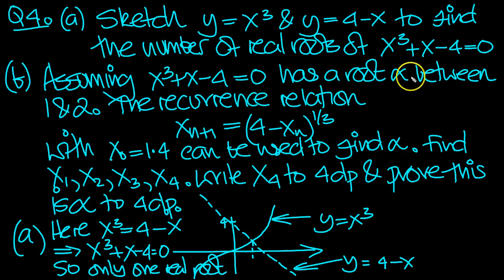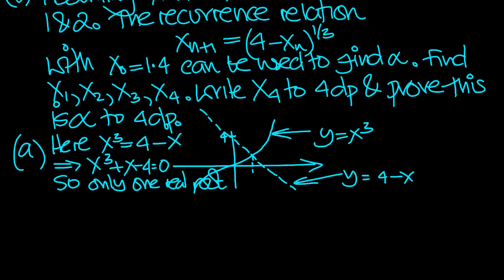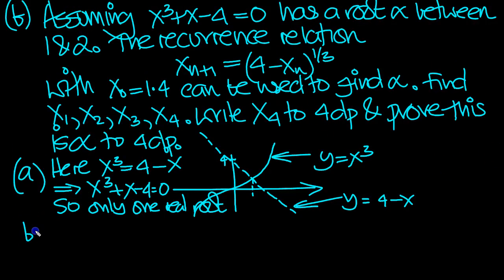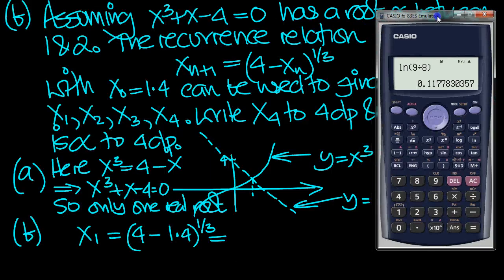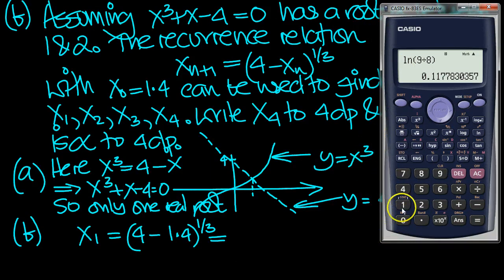Assuming this has one real root, alpha between 1 and 2, this is the recurrence relationship with x0 is 1.4, to find alpha, find x1, 2, 3 and 4 then. So let's write down that recurrence relationship. Turn our attention to part B now then. x1 is equal to 4 minus x0, which is 1.4, to the power third. Now our final answer needs to be to 4 dp, so if we work to 5 dp, hopefully we should be okay. So we've got bracket 4 minus the 1.4, to the power